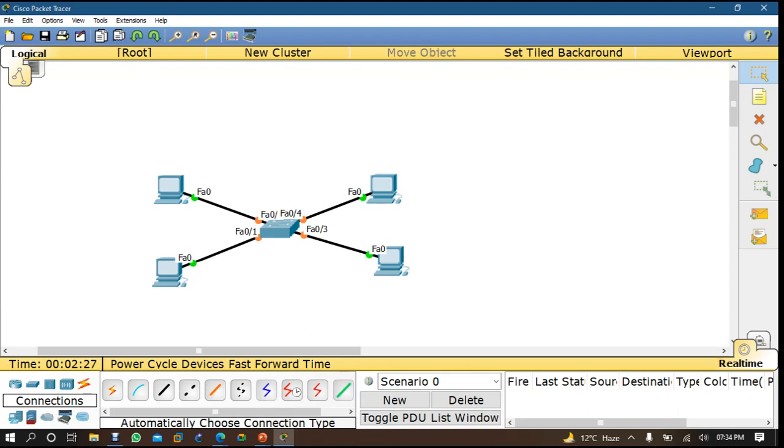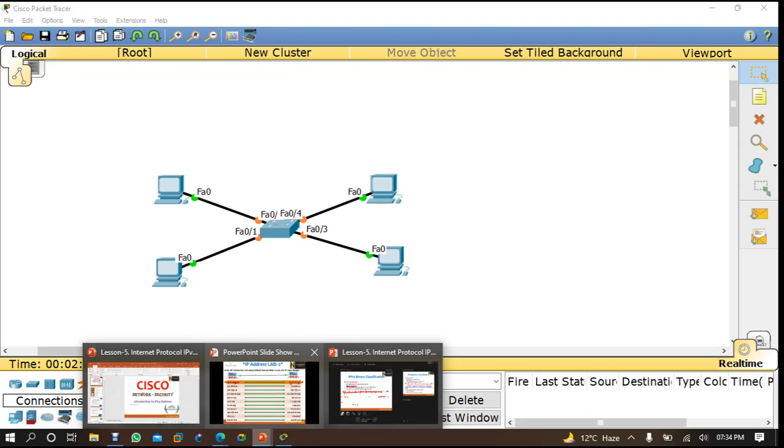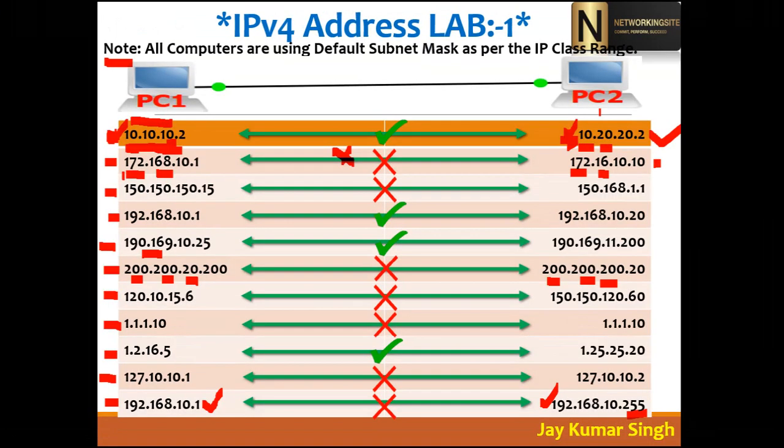The slide is with you, right, guys? Which option do you want to check? If you have a doubt in any of them, you can tell me, sir, please put this IP address and this IP address and let's check. Which one should I use? Use class A, the first one. This one is the first one.